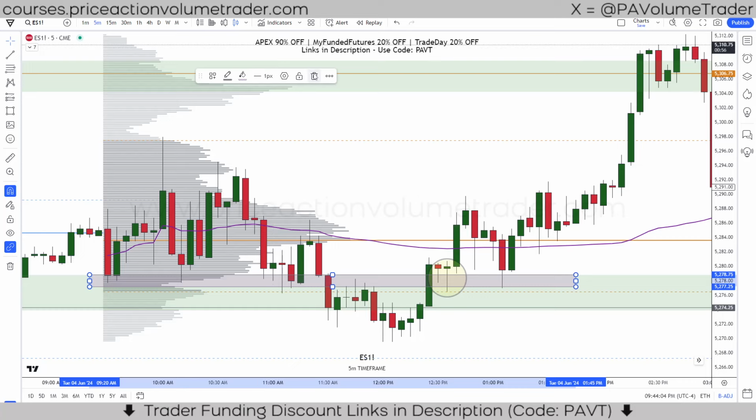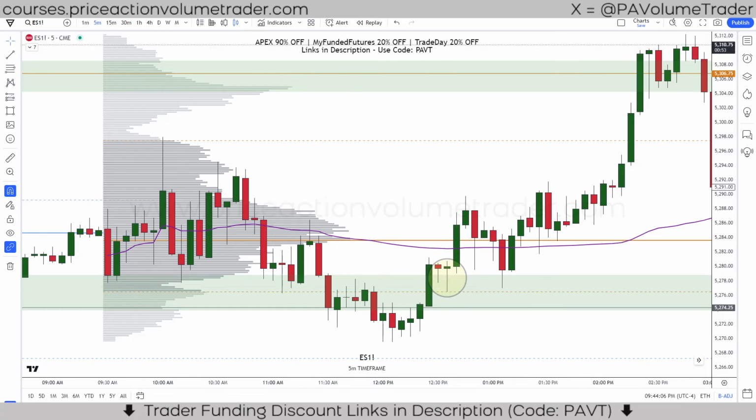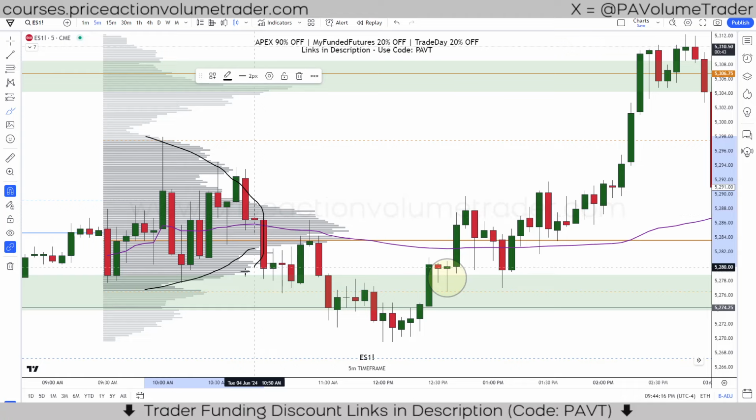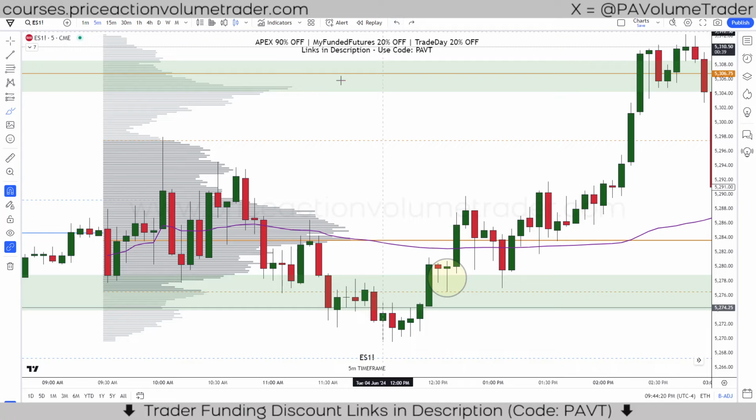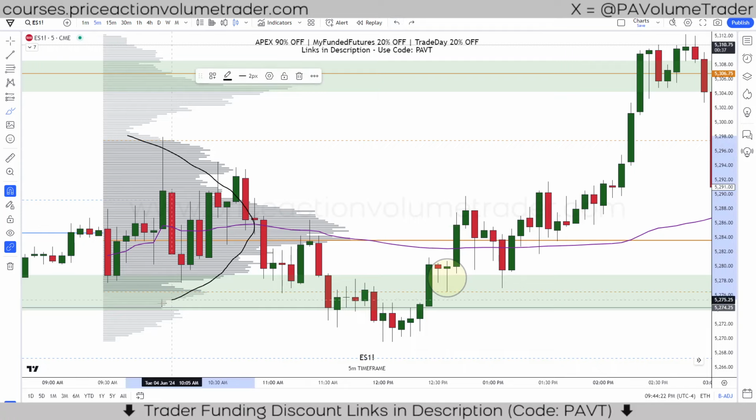Also, this zone here, if you look at the session volume profile, this was developing as the session went, but you have a very significant cut in volumes here. We have this big high volume node here,